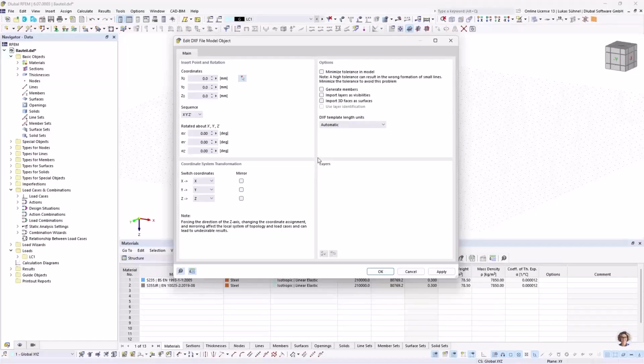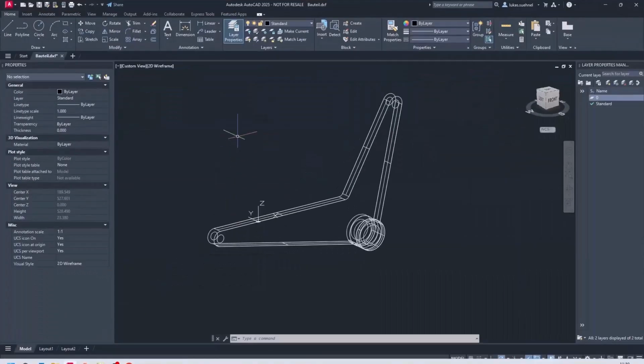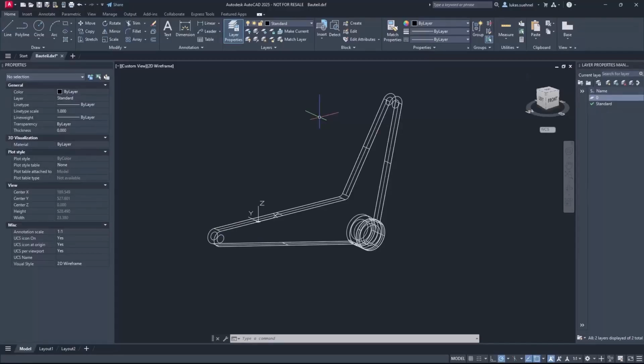And the last option here is the length unit that we can assign to these DXF files. Basically, the default is automatic. That means we read the unit system that has been used in the DXF file. You can define the units in AutoCAD, for example, or for DXF files in AutoCAD. It should be,